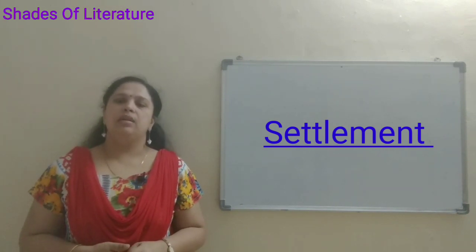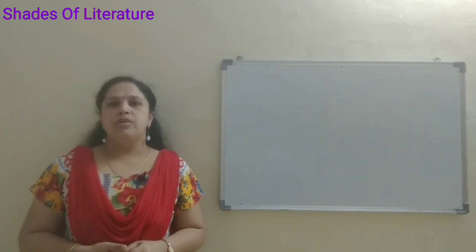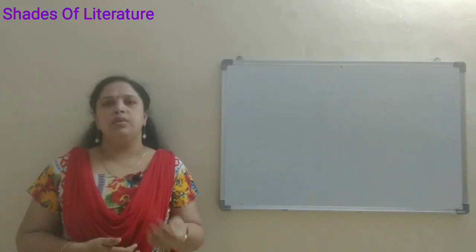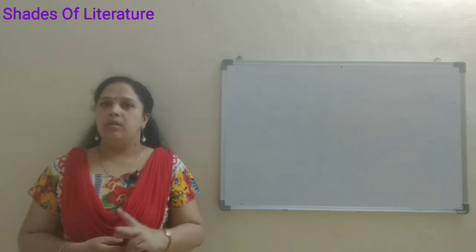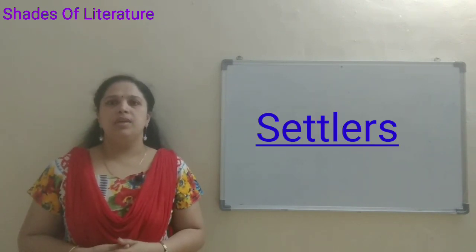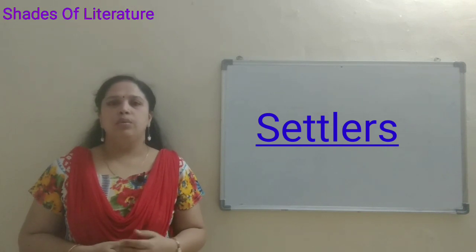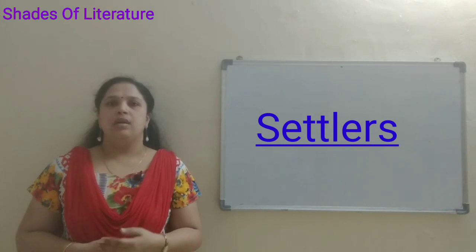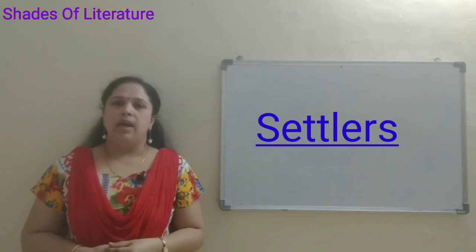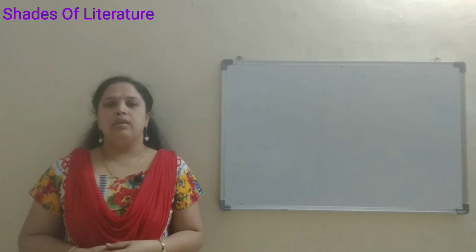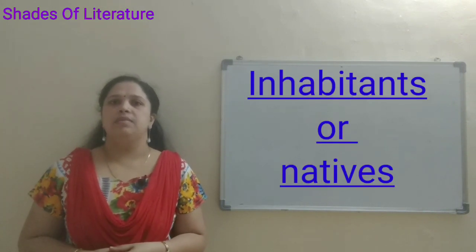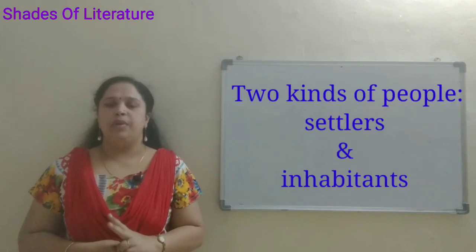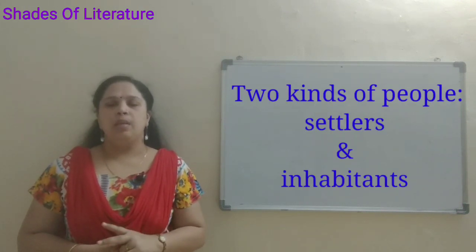After they settle in certain places, there used to be two kinds of people. The next two terms which I'll be explaining are these two kinds of people. The first kind is the settlers, who came from other places and settled in new localities. They are known as the settlers. The next kind of people would be the real inhabitants or the real natives who were staying in their land. So you have two kinds of people here, the settlers and the inhabitants.